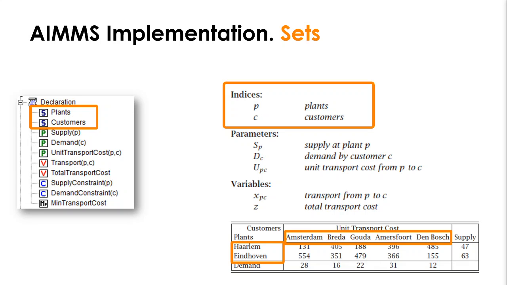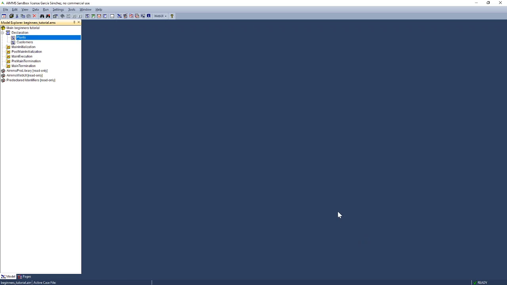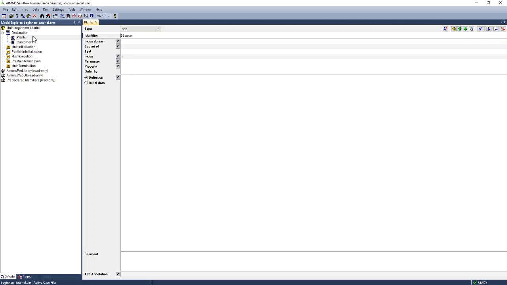Once we have created our sets, we need to introduce the values they contain. So we need to let the model know that we have 2 plants, Haarlem and Eindhoven, and that we have these 5 customers. So we go back to AIMMS and we double click on plants, and we can do 2